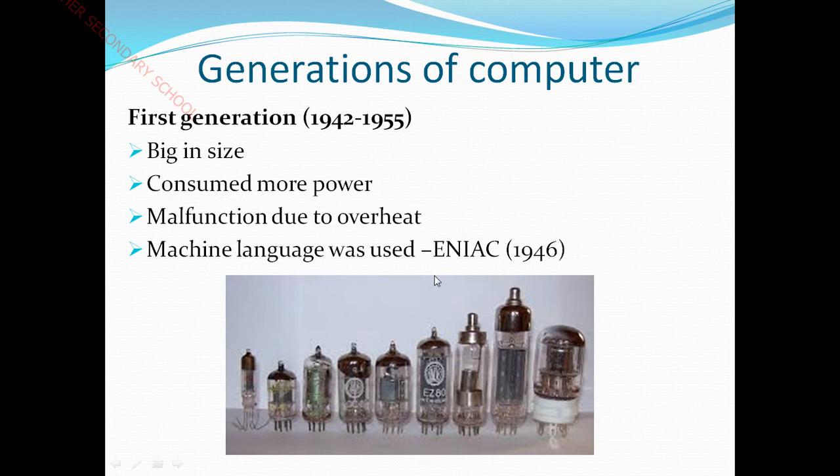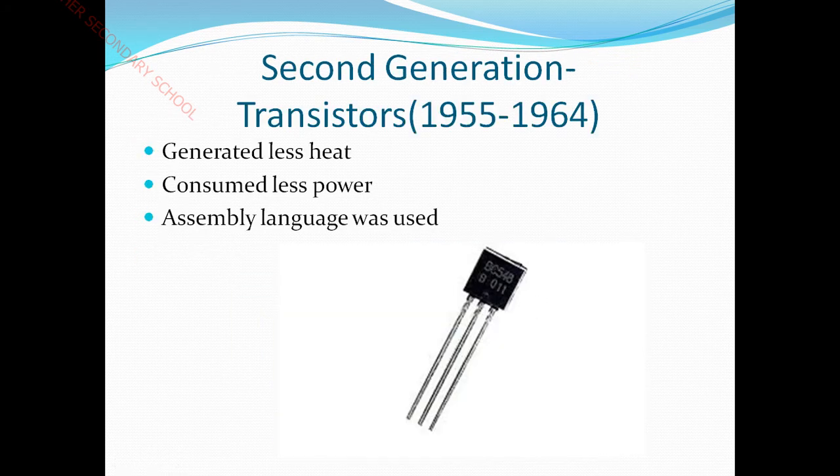And also here I have given you a small picture. This is called a vacuum tube. It consists of a bulb and wires. These wires carry the data through electric signals. Next I will move to the second generation. Now I am going to compare the first generation and the second generation. Second generation computers were developed between 1955 and 1965. They used transistors. Compared to the first generation, second generation computers produced less heat and consumed less power.